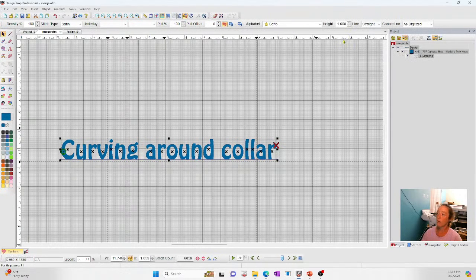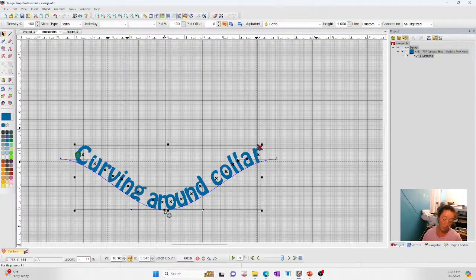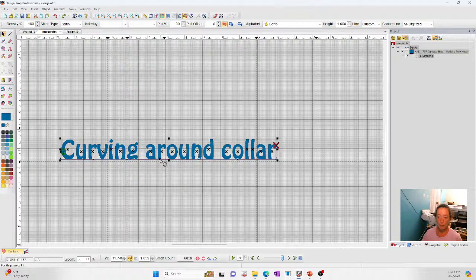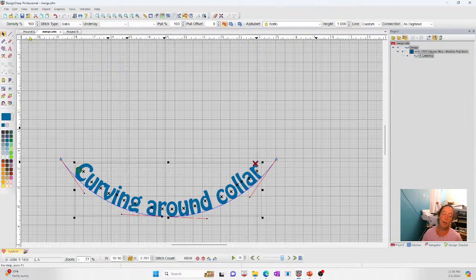Okay, so how can we do this? Well, we can go to custom. I can put dots around here, right? But I'm going to undo that for a moment. So I'm going to leave one. I'm going to grab that one and pull it down. All right, collars don't typically look like that. So if you grab it, I can hold the control key and drag it, and it'll keep it as an arch. Now, typically what I tend to do,